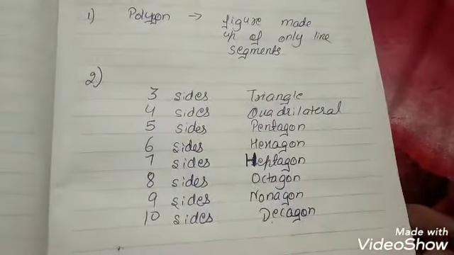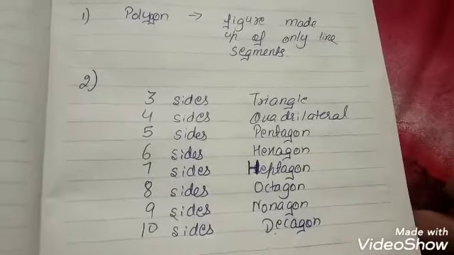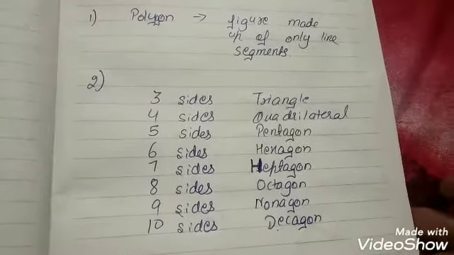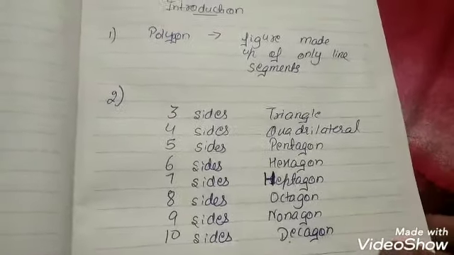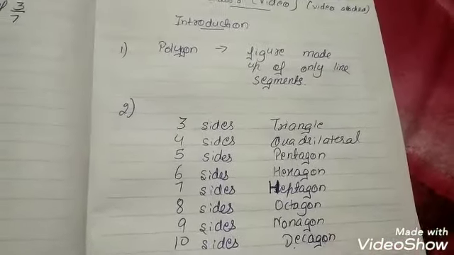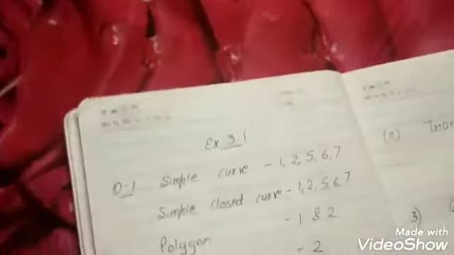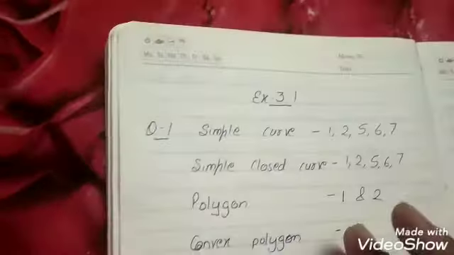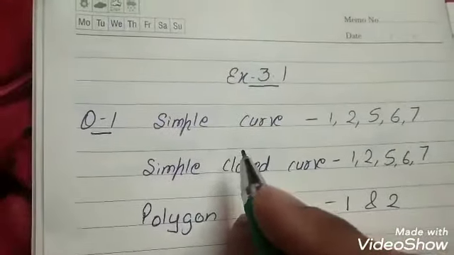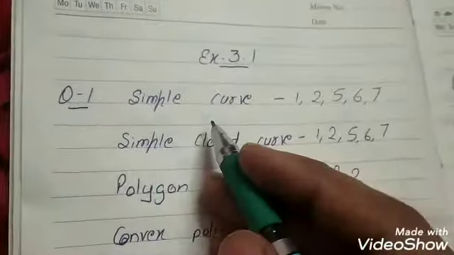Okay, now let us start our exercise 3.1. There are very important and new topics in 3.1. I will explain each and everything in 3.1. Okay. See class, in 3.1, please, while watching the video, keep your book along with you.